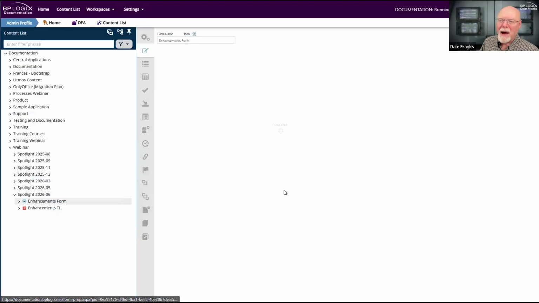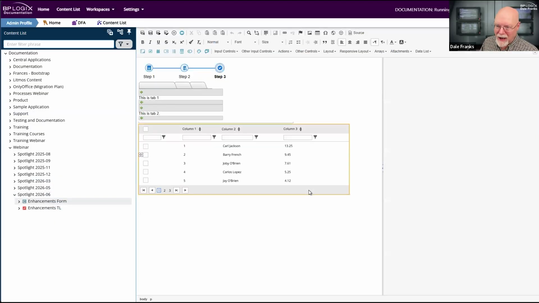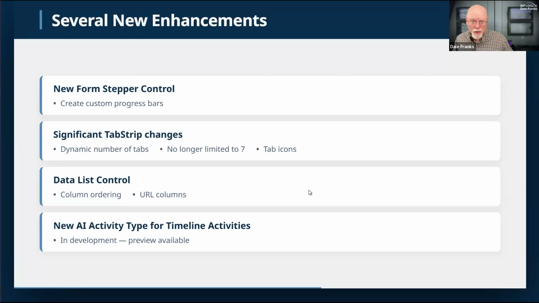And we are going to have to go back here to talk about the next thing on the form, which is the tab strip. We have made some changes to how the tab strip works. If you're currently using Process Director, you are familiar with the tab strip and its limitation of 7 tabs. That is no longer true. We don't care how many tabs you have. Now, don't go wild and create 30 horizontal tabs. That's probably not a great idea. It is, however, a doable idea.